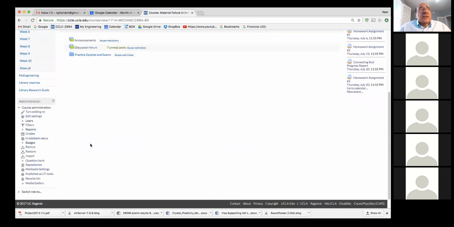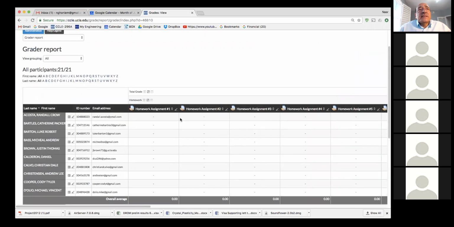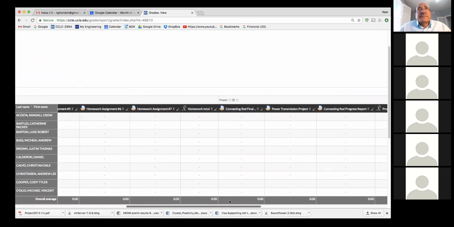And now I just wanted to show you the grading. If you look at the grading scheme, you'll see that you have homework assignments here. So we have 7 of them, from 1 up to 7. And then the total will be up here.